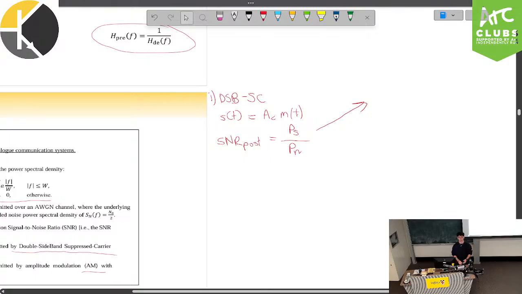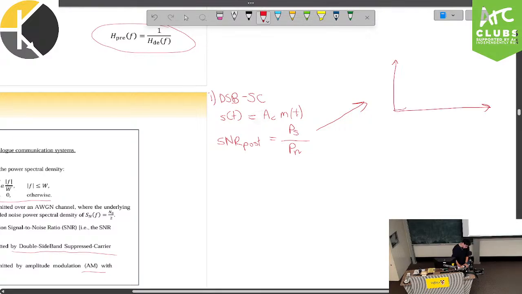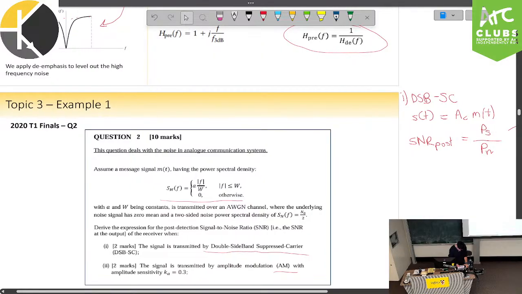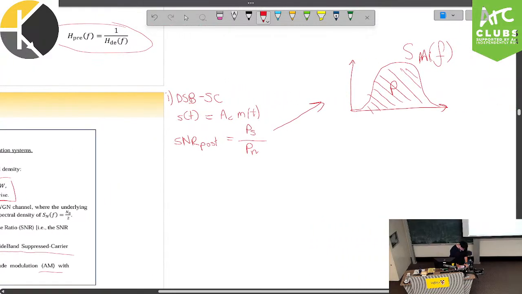This wasn't very explicitly taught in this course, but the power of your signal can actually be found by finding the area under your frequency response. So say you have some sort of response, say this is your S_M(f), then finding the area under this curve tells you the total power being carried by that wave. If we look at the formula for our frequency response, we have A times the absolute value of f on omega. If I draw this a bit more accurately, we might have something that looks like this, something symmetrical about the y-axis. So taking this integration,